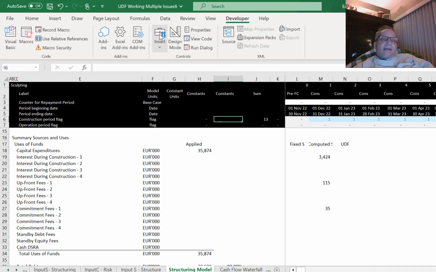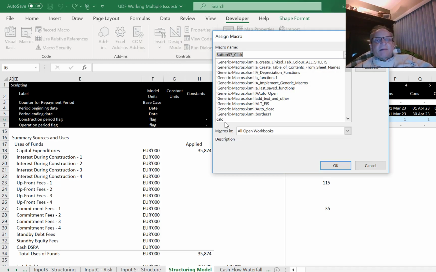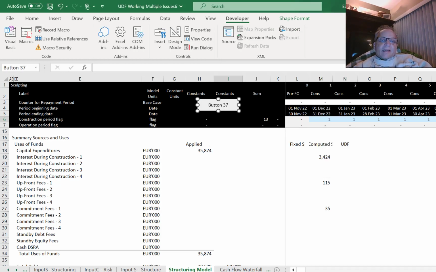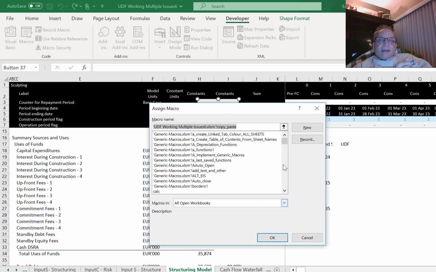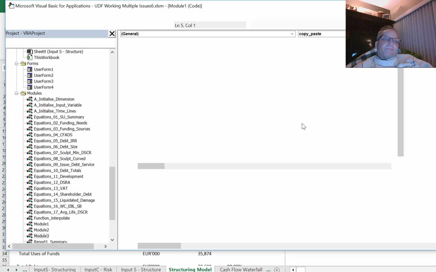Let's put a little copy and paste macro here, and let's just do this. Right click, go to assign macro and edit. This is going to be a new one. And all we do